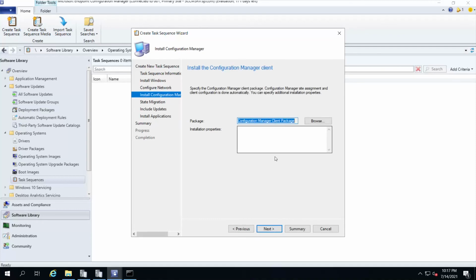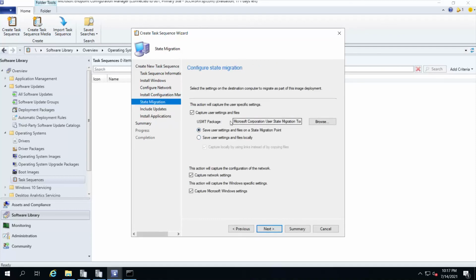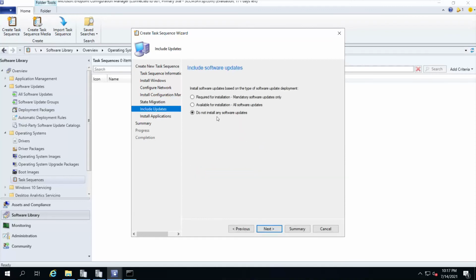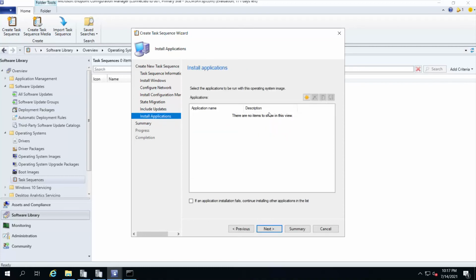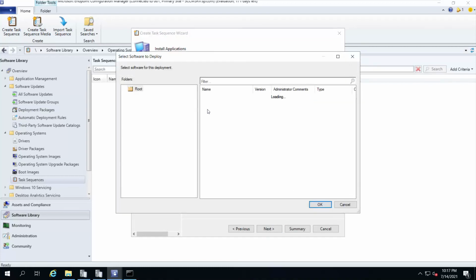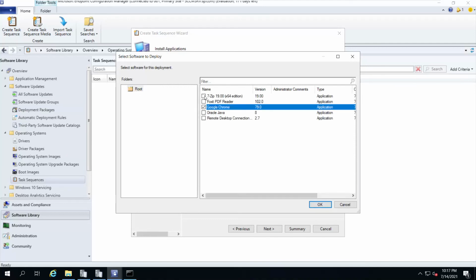So this is my client package which will be installed. I don't want to go with state migration. I don't want to include any updates. I'll provide applications which should be installed. So I'll select Google Chrome and I'll select 7-zip.